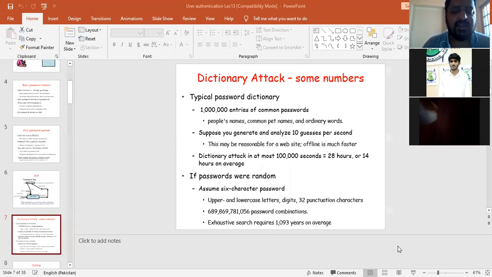In this way it also secures the passwords, so that the intruder cannot get the password and log into the system. So we have discussed different methods for securing the password, and how the intruder tries to apply passwords